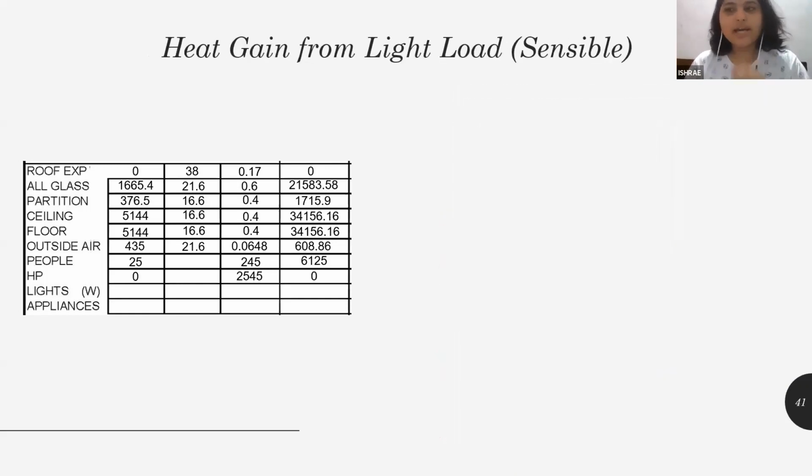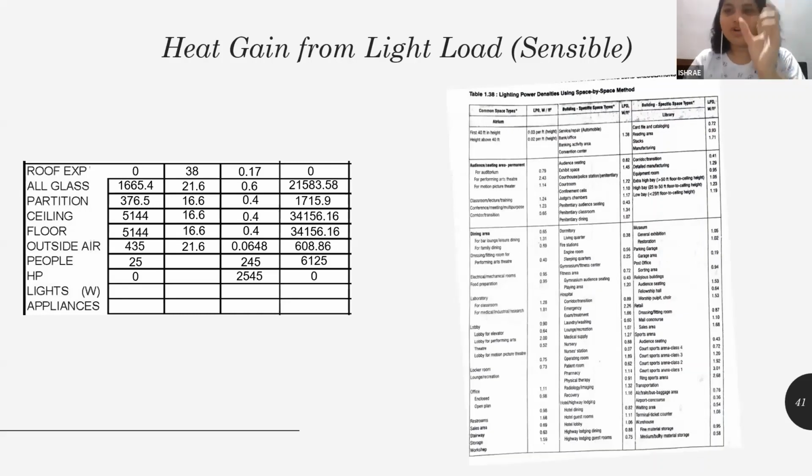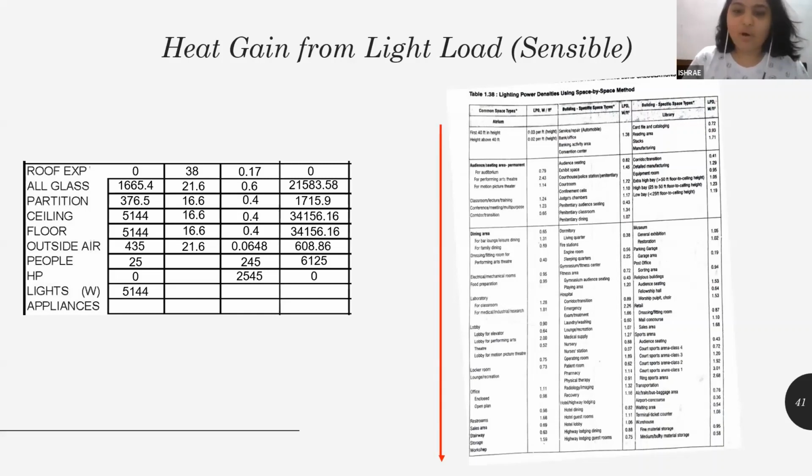Then talking about light load. Now, light load bus hawa mein nahi lene ka hai. Light load is very much dependent on what your area is and what kind of application it is. The ASHRAE handbook has given you a sheet with the lighting power density. All you have to do is find the office area here. I don't know if you all will be able to see this, but this is the office area here, and iske samne they have given me the lighting power density. I can take this density, or I can consider a density of my own.